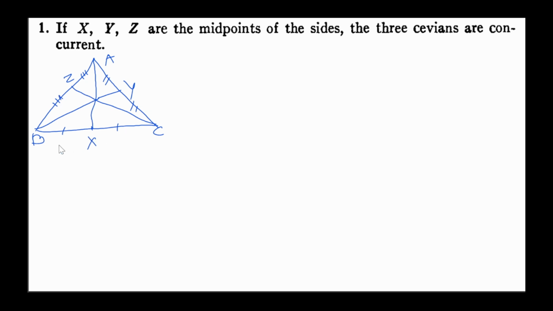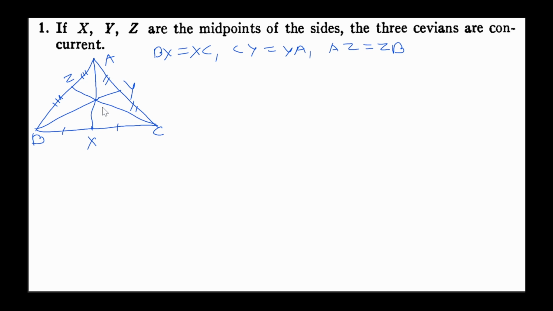So this means BX and XC are the same. That is BX is equal to XC. Then CY is equal to YA. AZ is equal to ZB. Because X, Y, Z are the midpoints of the corresponding sides, that is BC, CA, and AB. Therefore, we have to show that